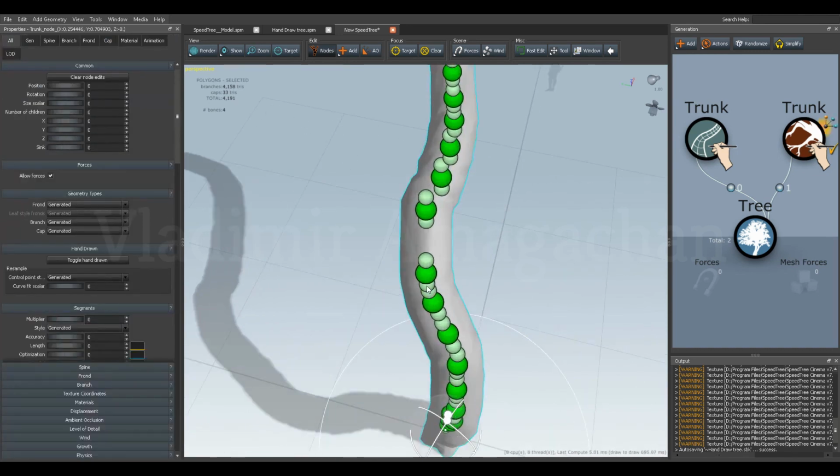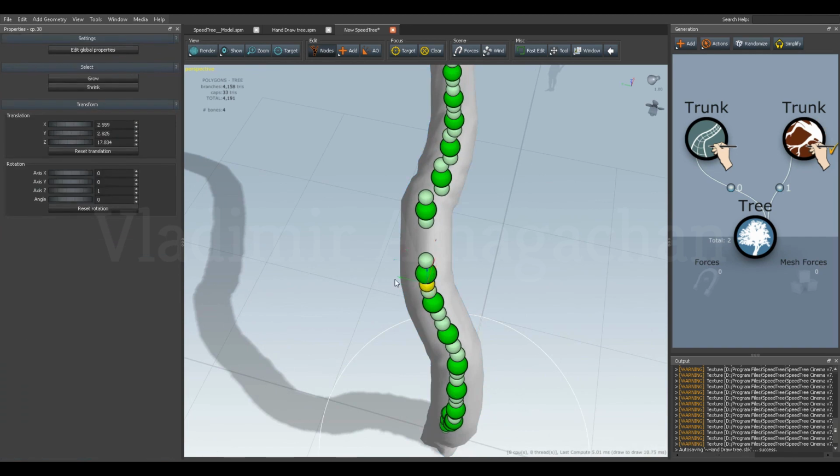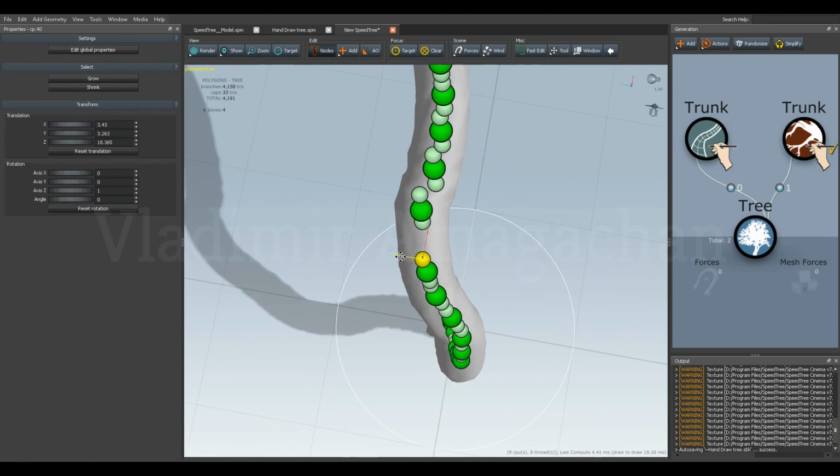I want this one, not this one, this one, and this one here also I will select, and I will select this one,